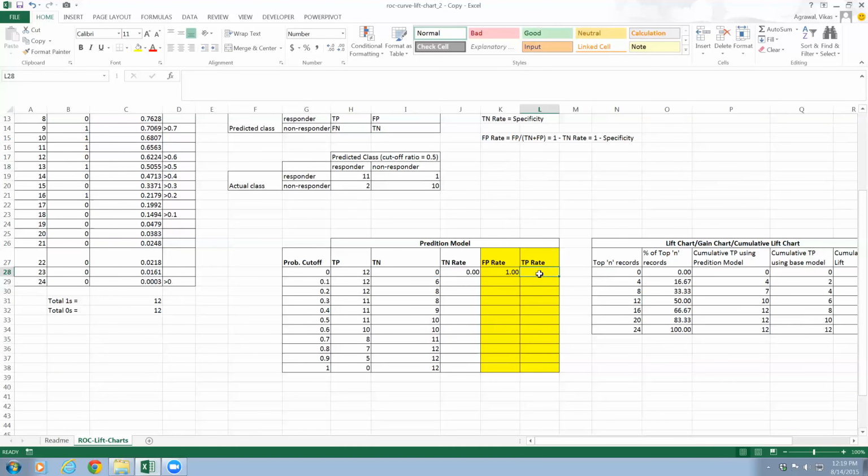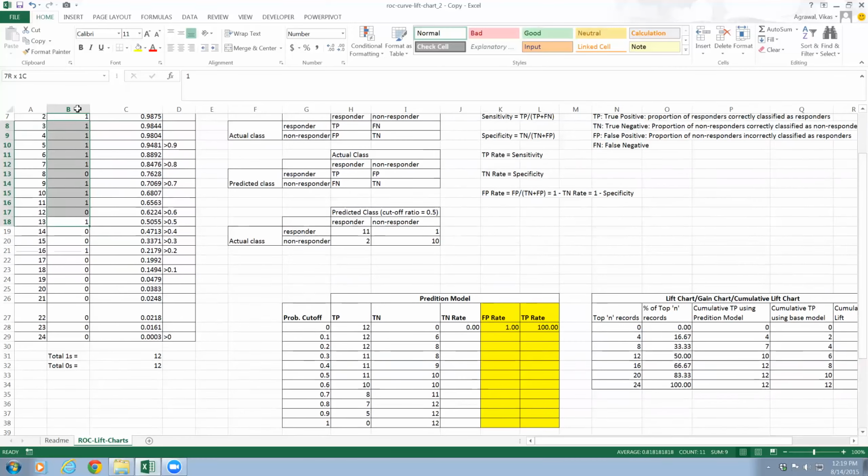True positive rate will be given by this value here. True positive divided by, I will say, total true positives in the samples are 12. So this is going to be 12 here, times 100. You can also do that again here, like say 0.5. You can also calculate the false positive right from the sample here. For example, 0.5, if the cutoff is 0.5, as we have noted here,